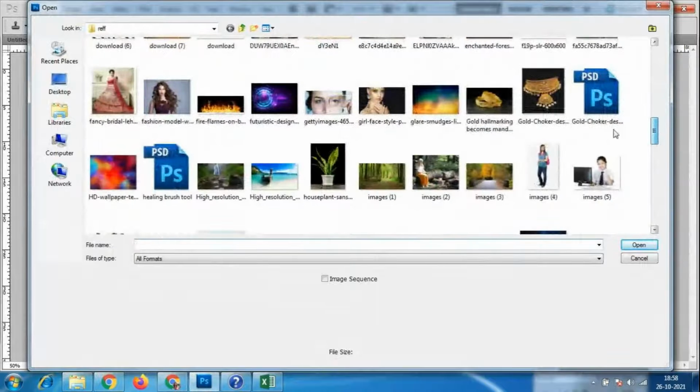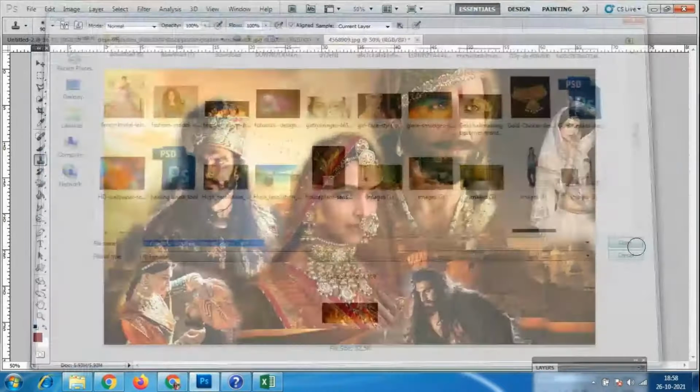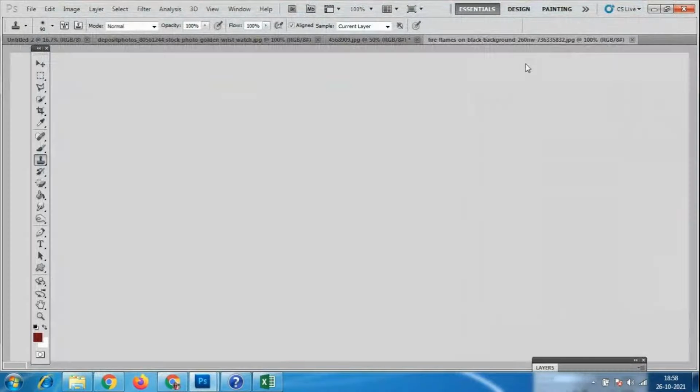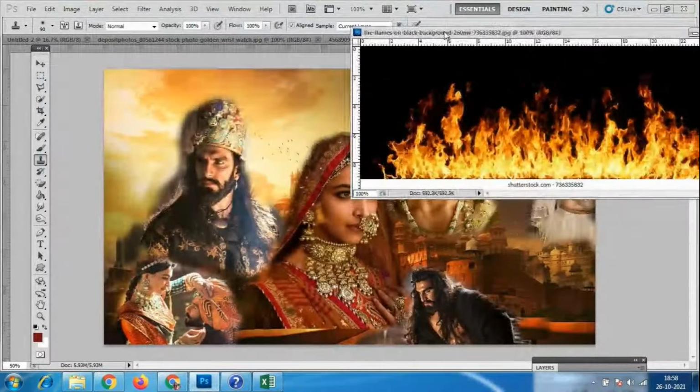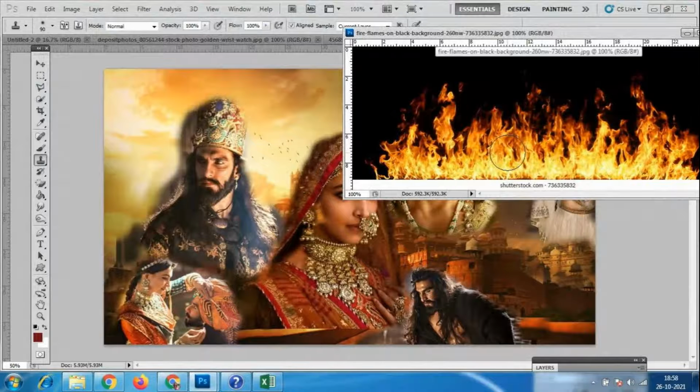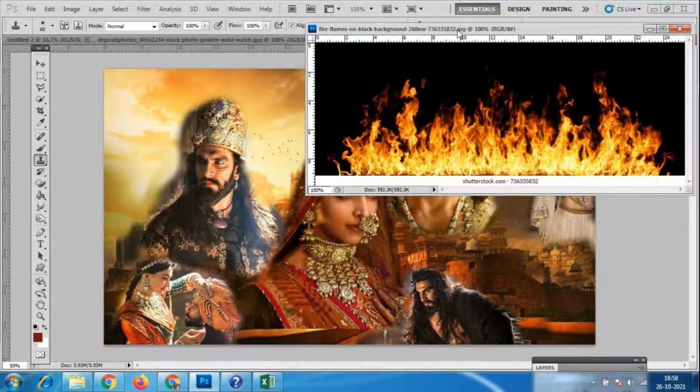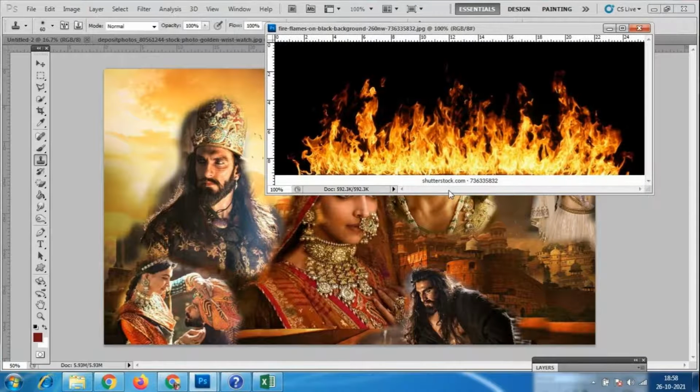Yeah, I have this fire image. So what I'll do, I'll just keep this fire file wherever you want. You have to press Alt and left click. So everybody, if the things are not recorded, please write it down in the book. Alt and left click, you have to press it together. So by then only it will copy it. I'm using the clone stamp tool, so Alt and left click, you have to keep the file beside.